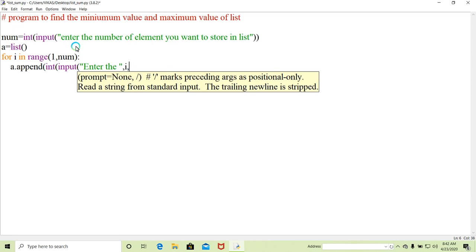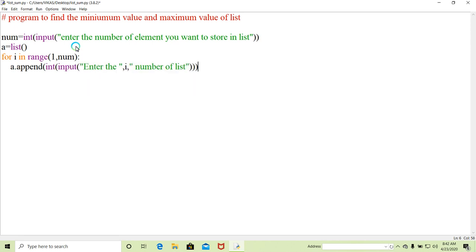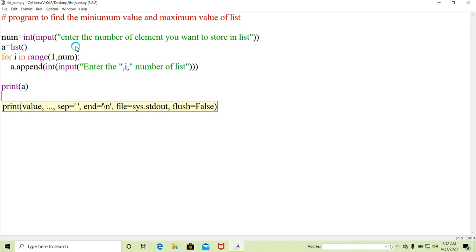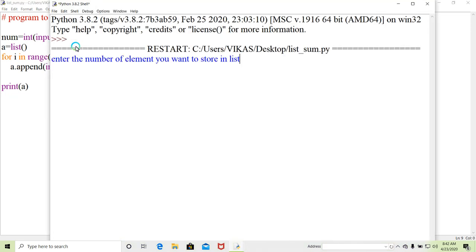number of list, and then after that I will display the list here. Look here, how many numbers do you want? I want to store 9.